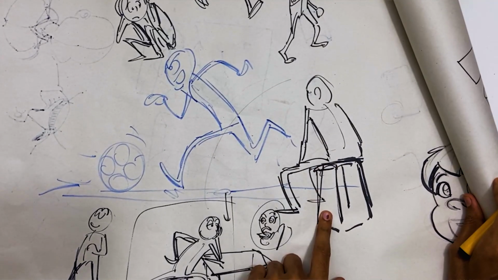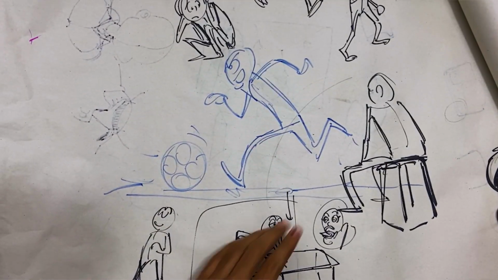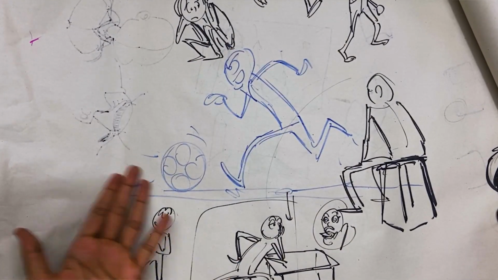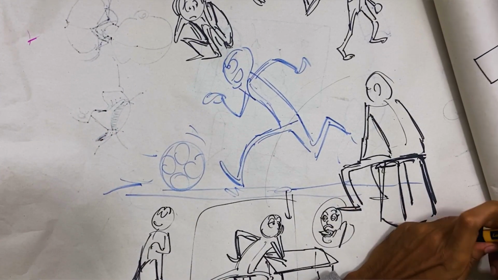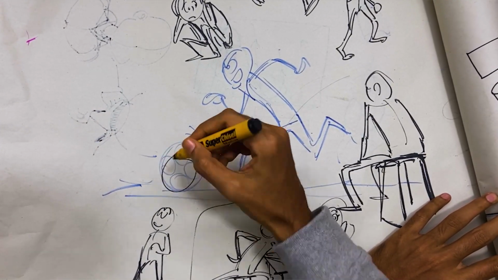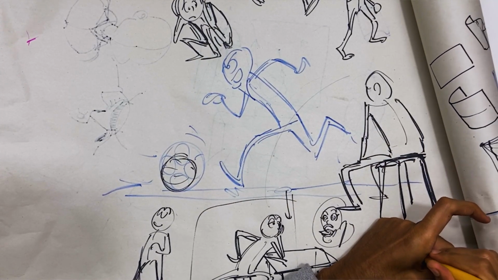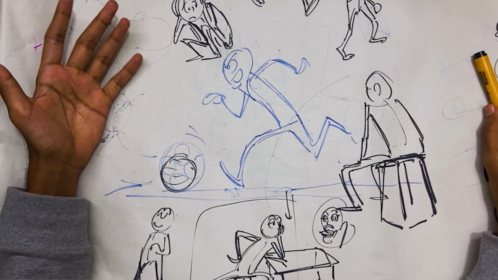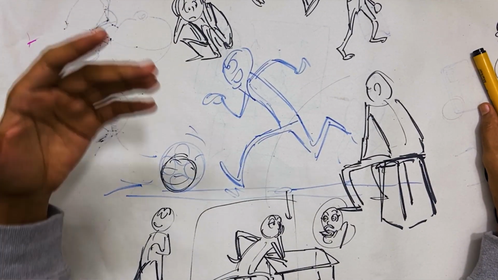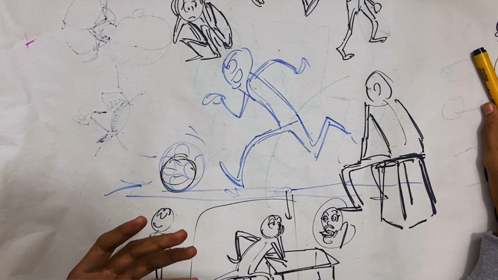Similarly, this guy is sitting on a stool. And this guy, of course, is running with a football. The football might be a little too big. I'll fix it. But okay. Done. Okay. The point of these drawings is that you can ideate properly. You can come up with your story, what you have to do.